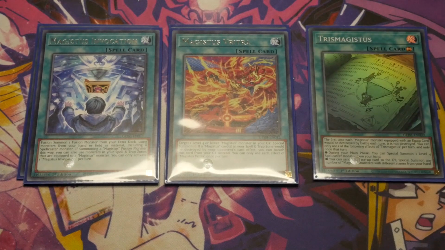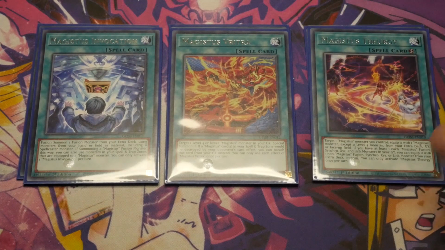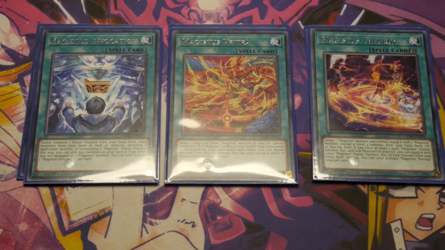Theurgy, sorry. So this one is basically a quick effect to target a Magister monster you control, equipped with a Magister monster, except a level 4 monster from your extra deck or graveyard or face up on the field. If you have at least 1 each Magister Fusion, XYZ, Synchro, and Link in your graveyard, you can use a non-Magister extra deck monster. Verta is you target a level 4 or lower Magister monster in your graveyard, special summon it. If a Magister monster, a Magister